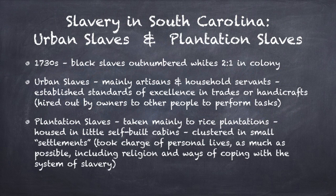Slavery in South Carolina, urban slaves and plantation slaves. By the 1730s, we've talked about this in Section 1, the black slaves outnumbered the whites 2 to 1 in the low country. So there are really two types of slaves. There's urban slaves and plantation slaves. Urban slaves were mainly artisans and household servants, and some of the ironwork that these black artisans created is just extraordinary and can still be seen on some of the older homes in downtown Charleston to this day,